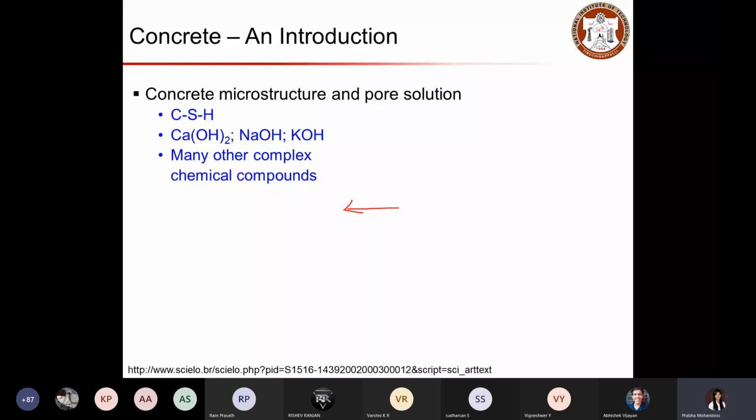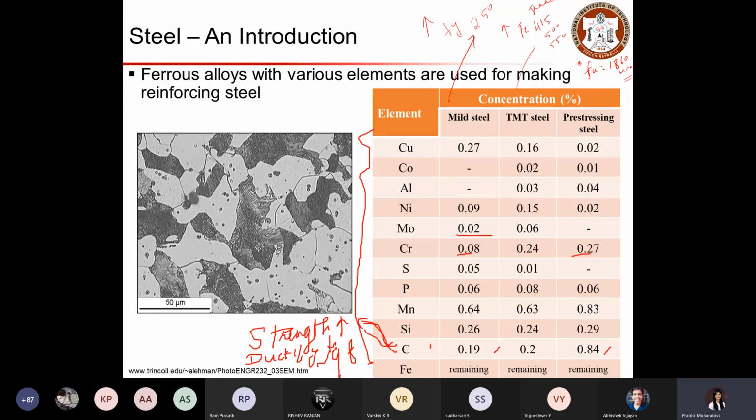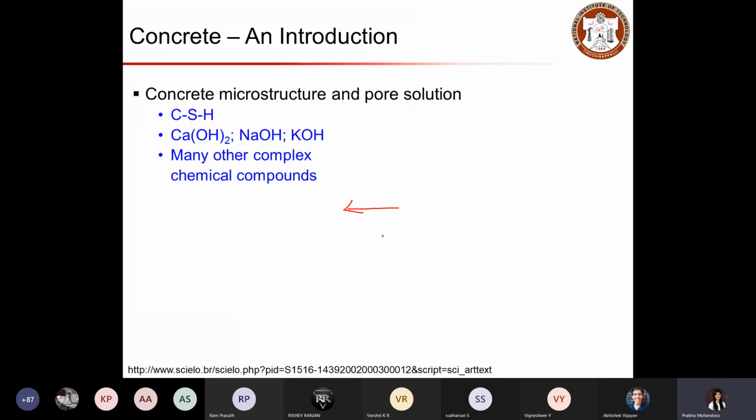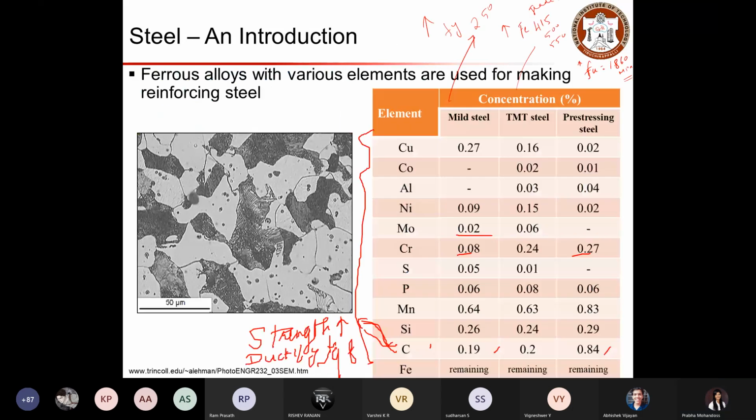So all the elements in the ferrous alloy play a role in governing the properties of your steel, and nickel and chromium play a role in resisting corrosion.